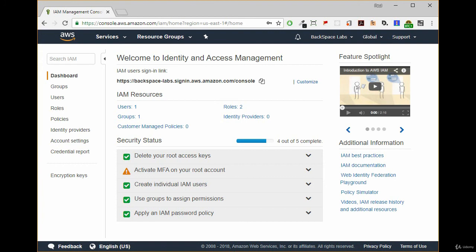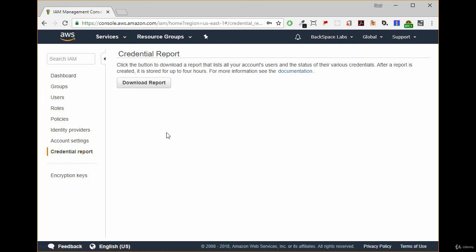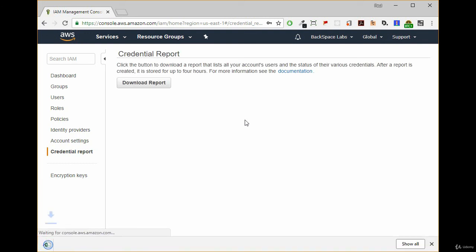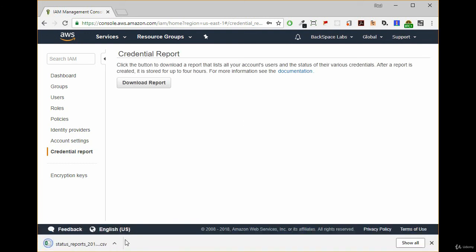Okay, so the last thing I want to do is show you how to get a credentials report. Now that's quite a handy thing to know all of the credentials that you've got out there and whether they're being used or not. If you've got a large organisation, you want to be able to know that those credentials are being used. And if they're not, then get rid of them. So you can go to Credentials Report and then click on Download Report, and that credentials report will download. So when you open that up,